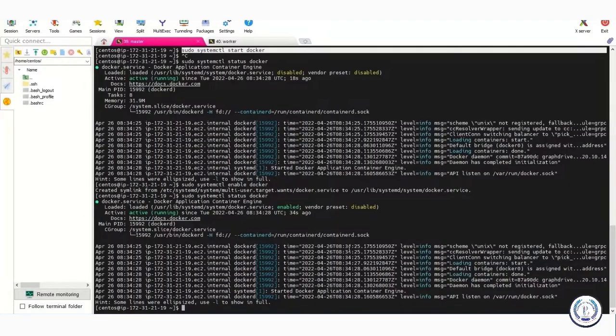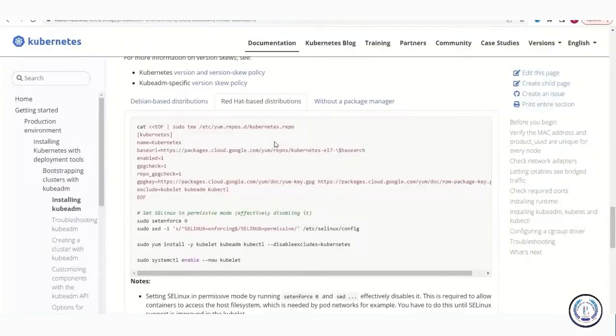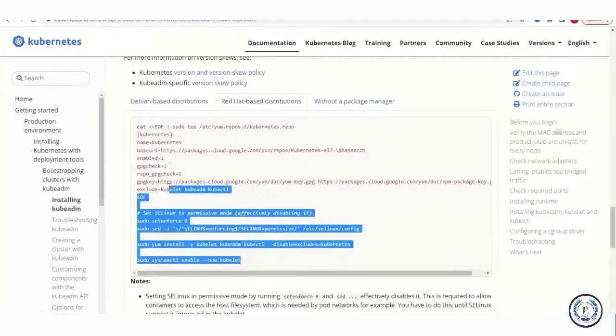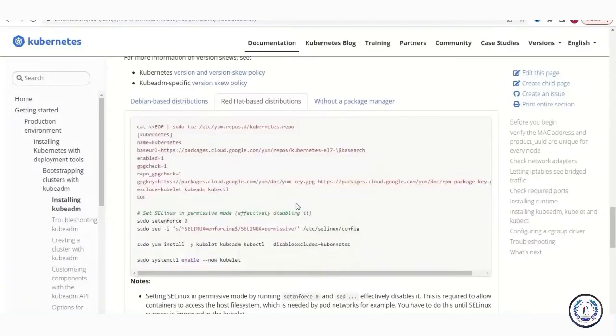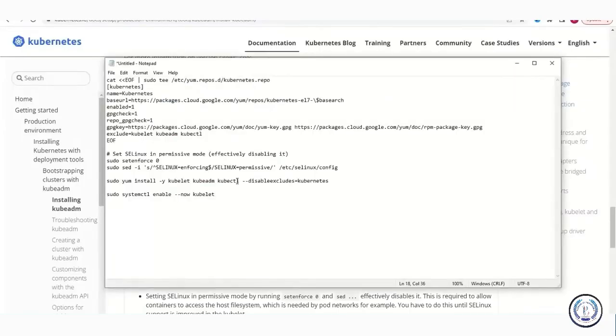Installing Kubernetes. So let's go to our documentation and copy all of these commands into our notepad, because these are all the commands that we will be running. And because this line is a comment, we will just remove it. So I have my notepad set up here, and I'll go ahead and delete this comment. As you can see, it will be creating a Kubernetes repo file and it will have some checks. It has a GPG check and a repo GPG check, but I'll just be changing this to 0